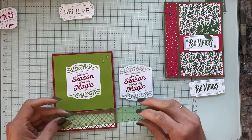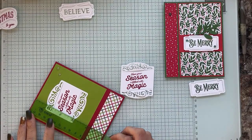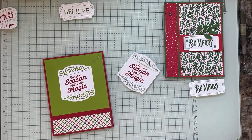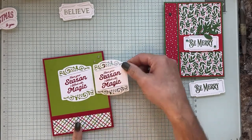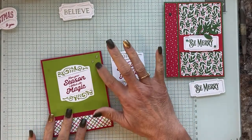Let's just measure. I know it's 4 inches that way. It might be 4 1/4 this way. Nope, it's 4 by 4. So this is 1 inch by 4. So if you wanted to recreate that, or those that didn't order the kit, you can do your thing with it. Simple layout, and then this just gets flushed to the top of the card layer after you've got all that assembled, and then you add your,